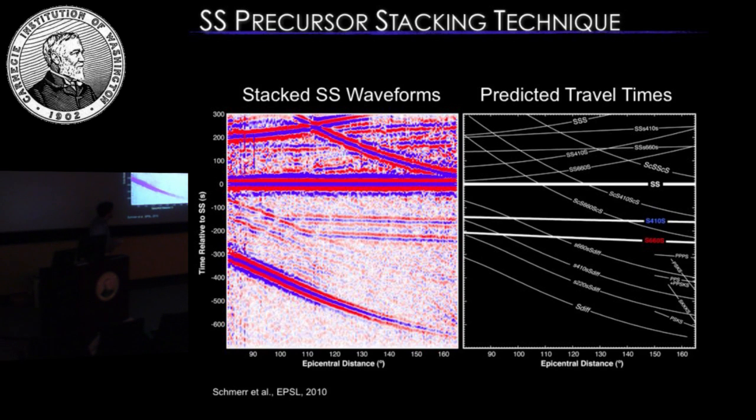But if you look at this in terms of a travel time plot, you can basically see where the predicted time for SS is and where the predicted time for the precursors are. And the one we're interested in falls just a little bit above the 410. This is the S300S, sort of around that range. So we select all the data that fall within that time window and be careful about these interfering seismic phases that can masquerade as another boundary. You don't really see a coherent interface show up in these global stacks. And that's probably because there's quite a bit of heterogeneity on this boundary, which makes sense from what people have